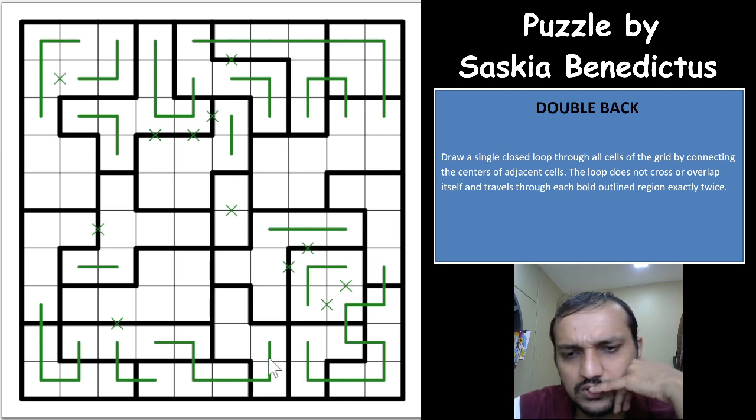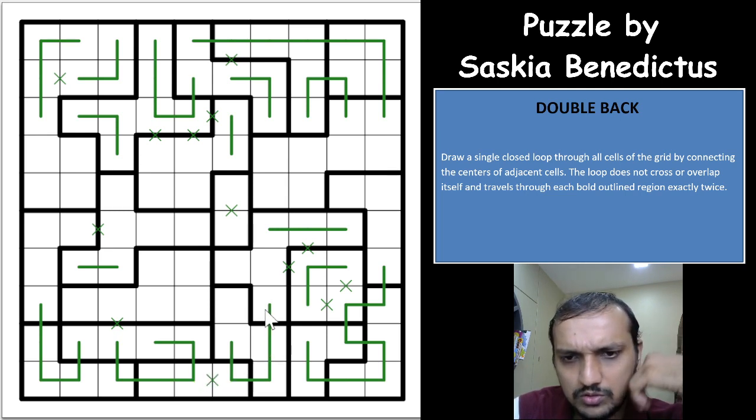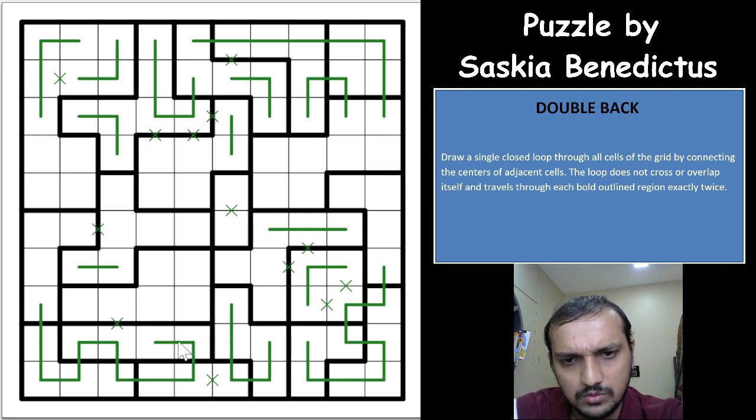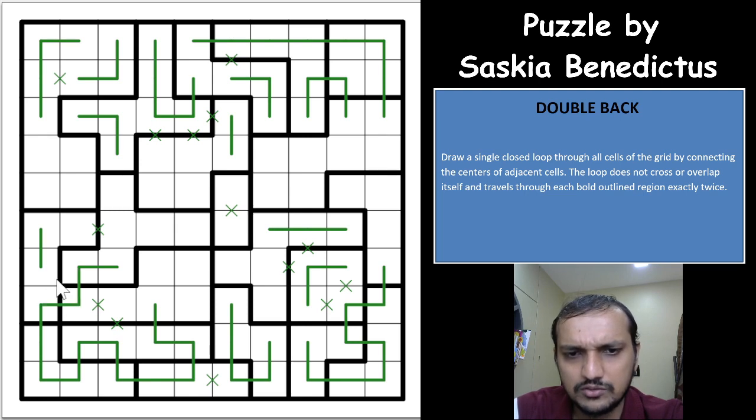If it goes towards the straight line, you will have only one loop segment, so this cannot be straight. Goes top. No, this would go top here. No, you cannot have a cross here, because then you'll have this line as a stranded one, this cell. So you'll have this way. This way again you'll have this loop segment as a stranded one. Okay,